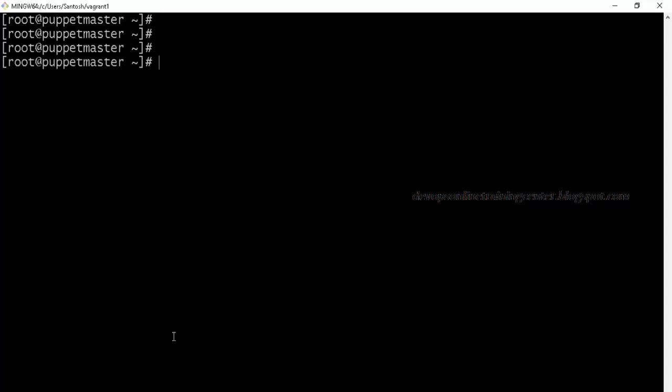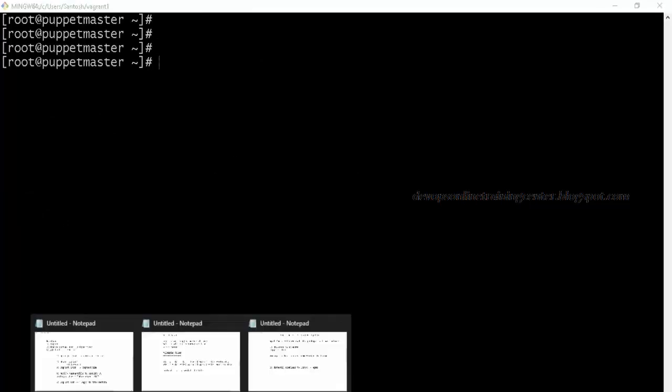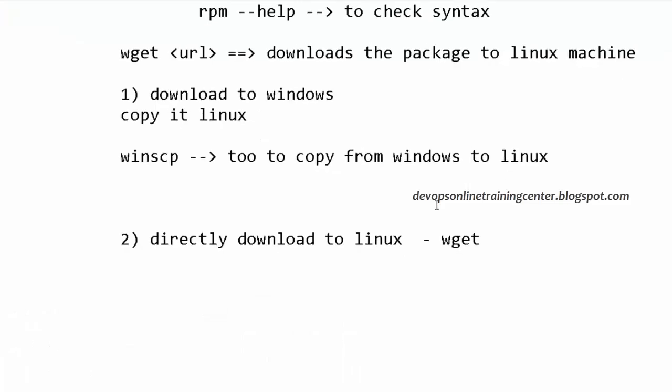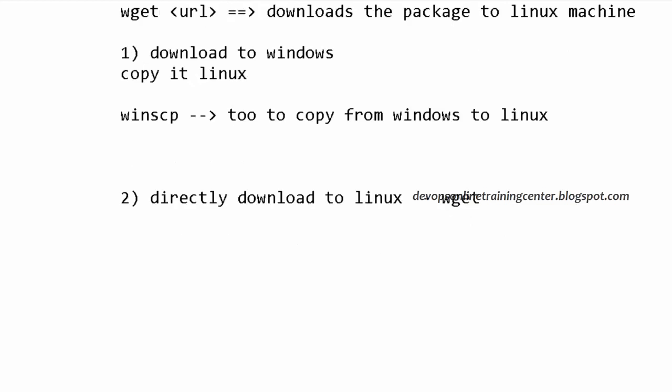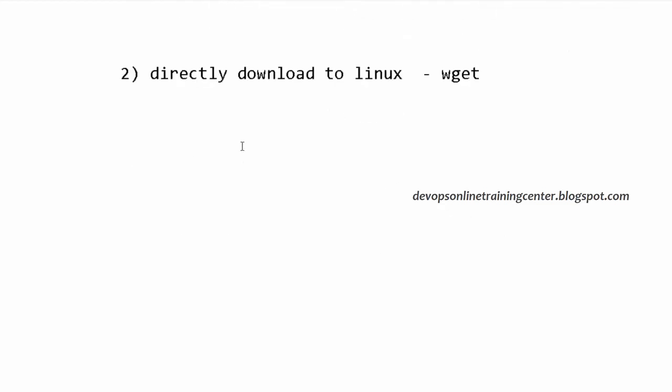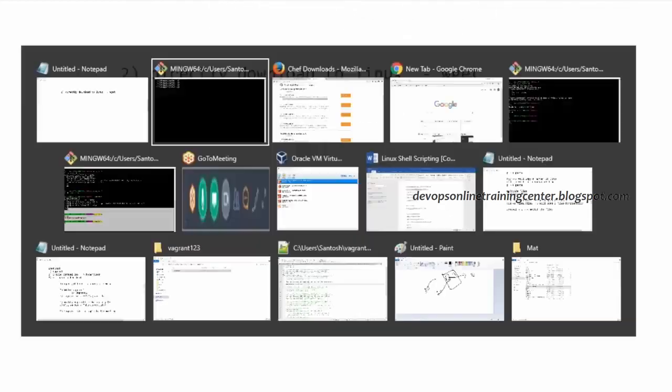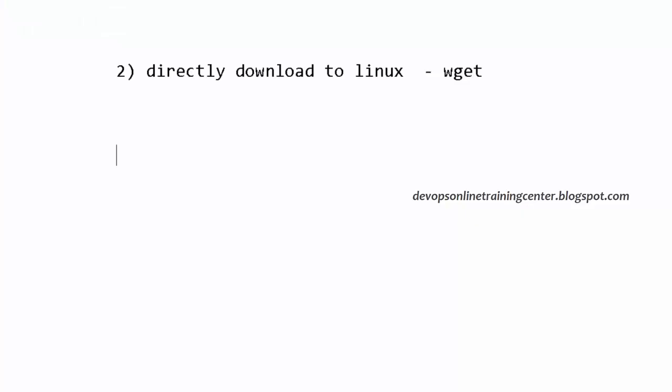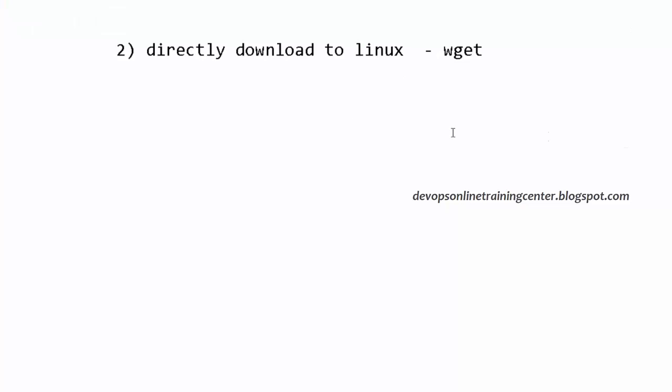So this is how we do package management in Linux. wget is the utility to directly download the package from the internet, and using the tools rpm or dpkg, we can install the package, check for the package, query for the package, and remove the package using the different options.